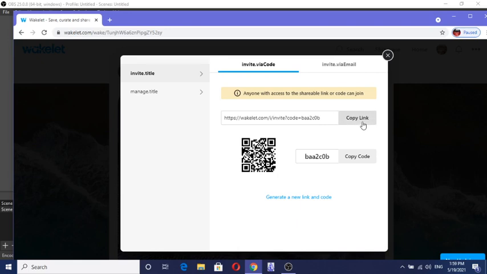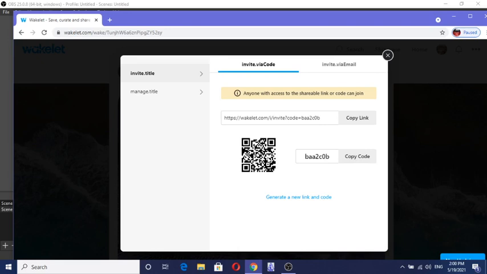One, copy link and paste anywhere, any group or any individual on WhatsApp, very easily we share this. From here, anyone who is not a member of Wakelet, who is not already signed up in Wakelet, may go and change your collection by using this code also. If you are not a member, that is you have not signed up in Wakelet, by this code you may easily go to the collection and you may edit if I am providing you this code here.